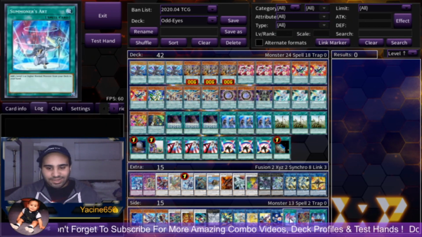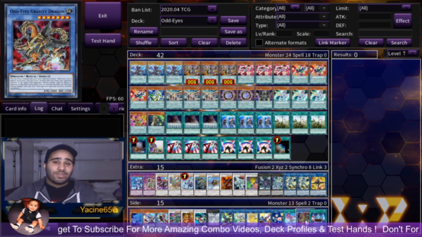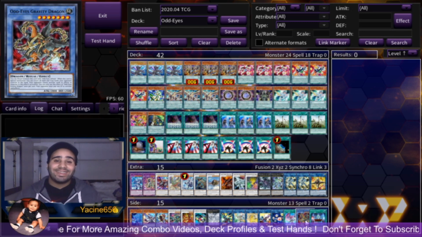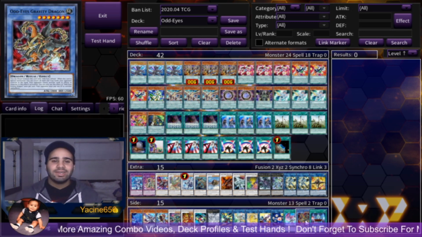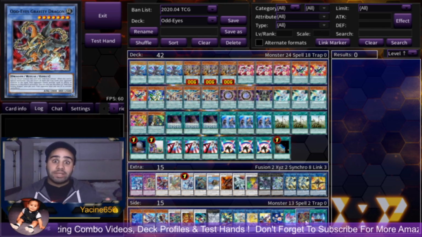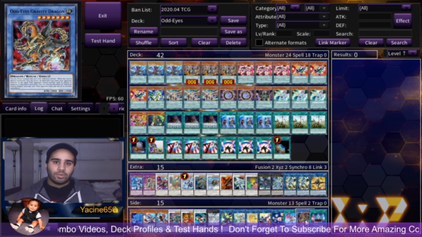Honestly, I don't feel like anything has to be explained except these. So Odd Eyes Advent and Odd Eyes Gravity Dragon, I love those cards so damn much, but they cannot be main decked because the thing is they're just too specific. Like if you're going first, they do nothing. They really rely on your opponent having back row if you want to have a huge impact on the game. So pretty much it's a really good package to side when you're going second,